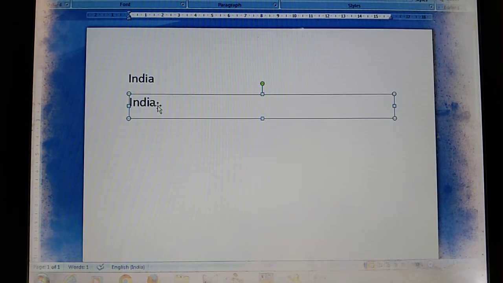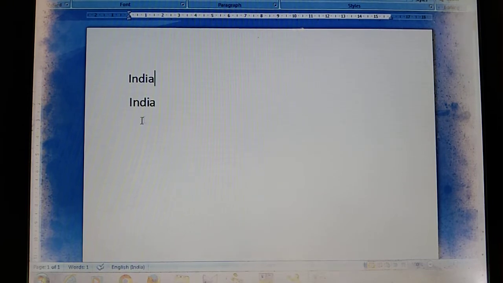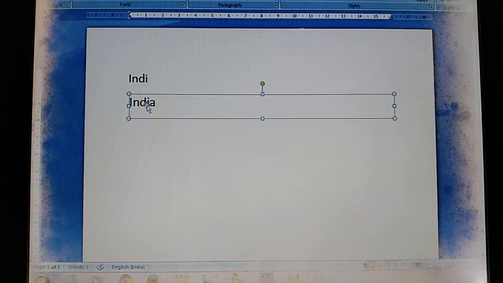Look at here, it is the text format, it is the picture format, and it is the text format. Suppose I delete it with the backspace key on the left hand side, I delete only one alphabet, but here the whole picture is deleted at a glance.